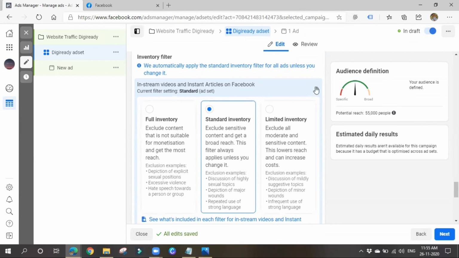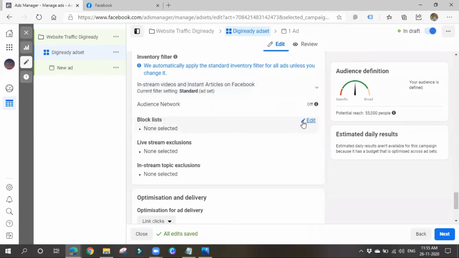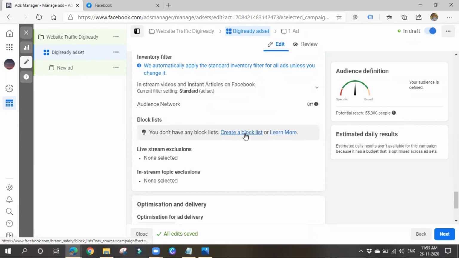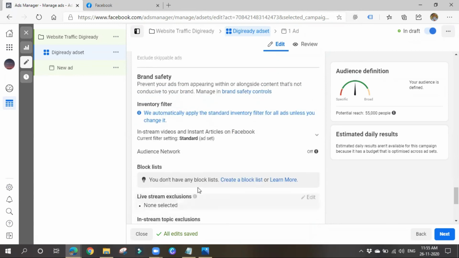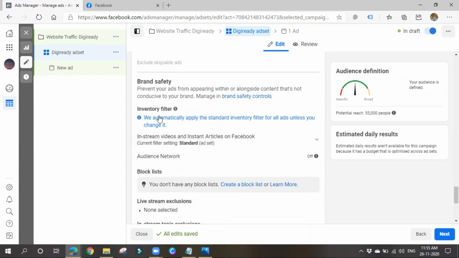It is similar to Google Ads, guys. Again, you have seen all these things, so you can block anyone. You can also create a block list. They cannot see your ads. Live stream exclusions means if you don't want to show your ads on live stream videos, you can go for it. Anyway, I didn't choose any kind of videos, so I'm not bothered with this. Inventory filter means we are filtering where you want to show your ads. So if you are okay to show our ads on social and violence related content also, it is okay. Or else you want to restrict your ads to be shown only on proper videos and things, you can go for filtering them.